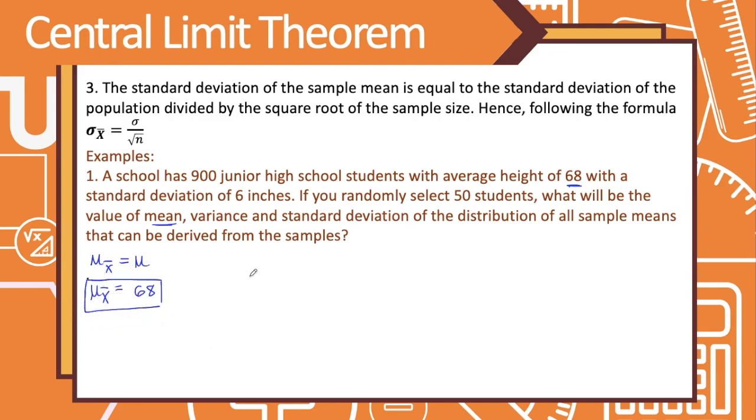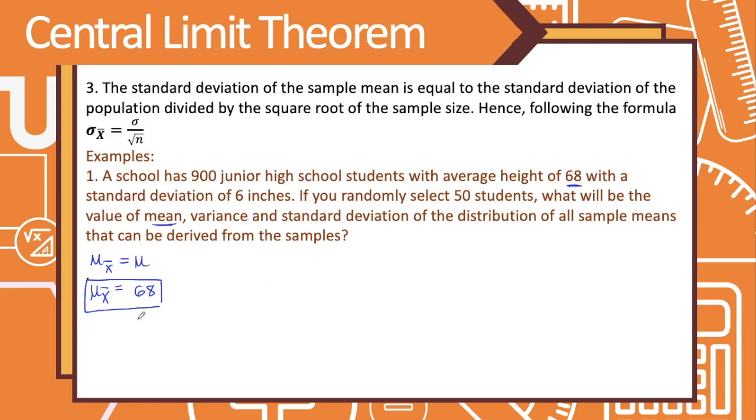Okay. Next, we can solve for the variance and the standard deviation. So we have the formula for the standard deviation. We can solve for the standard deviation first, and take note that the standard deviation is the square root of the variance. So we can also say that the variance is the square of the standard deviation. Okay, so we can solve for the standard deviation first, and then square the standard deviation to get the